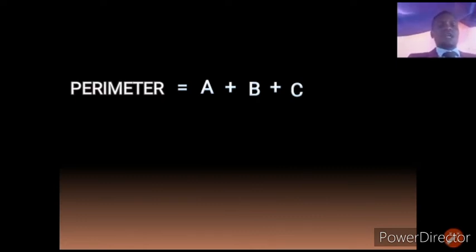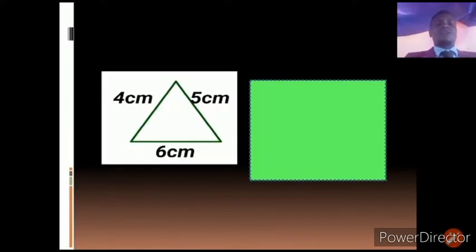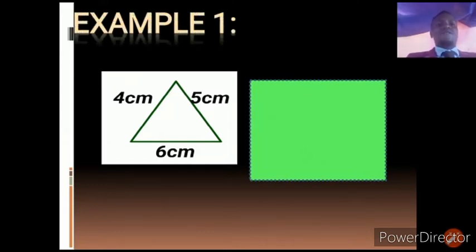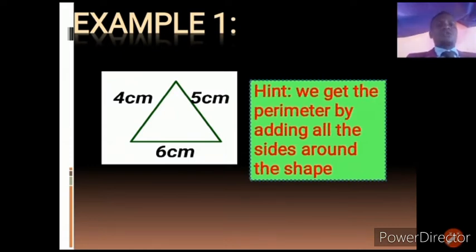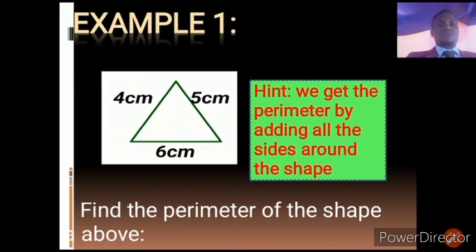Now we're going to be solving for the perimeter of some triangles. Our first triangle has measurements of 4 centimeters, 5 centimeters, and 6 centimeters. We are going to find the perimeter of this triangle. To find the perimeter, remember we add up all the sides. So therefore,